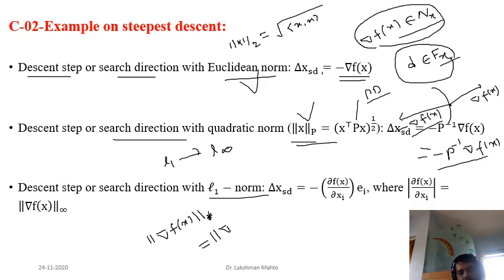So what is the L infinity norm? That means it is talking about the largest magnitude of the coordinate. Suppose the ith coordinate of the gradient has the largest magnitude. Then consider that one, and that will define a steepest descent direction for the problem. So this i is simply the largest component